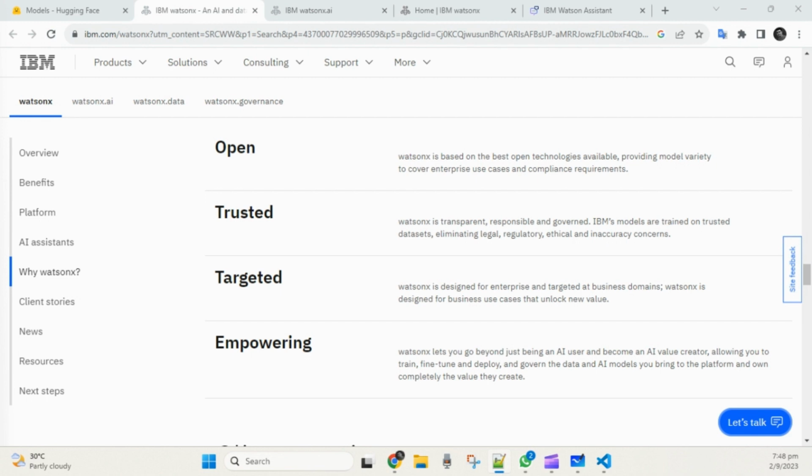So what is the solution? The solution is IBM WatsonX. They provide you a pre-trained model for your business. IBM and Hugging Face recently announced a collaboration on WatsonX. And on Hugging Face we have hundreds of thousands of pre-trained models. You can easily download, discover, and test those models based on your business use case and use it in your project. And if you can see here,